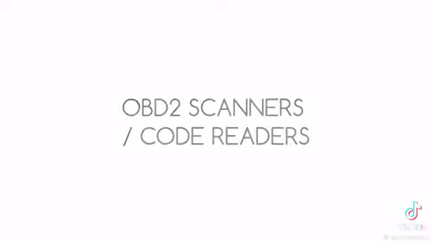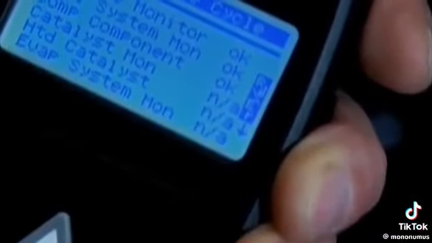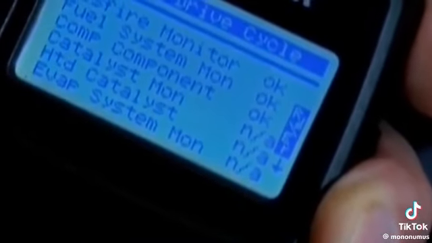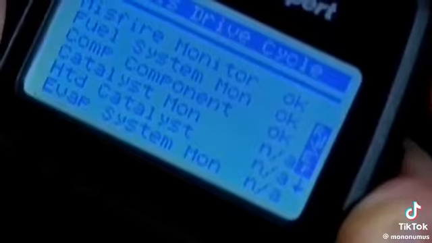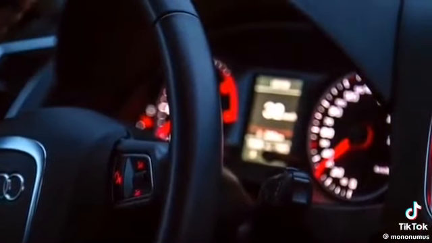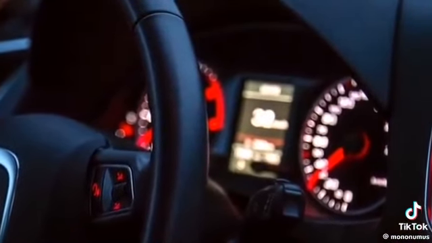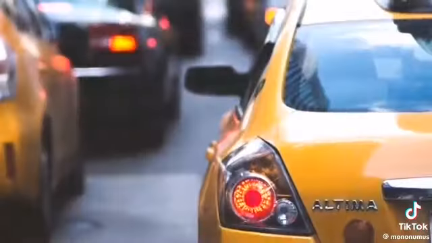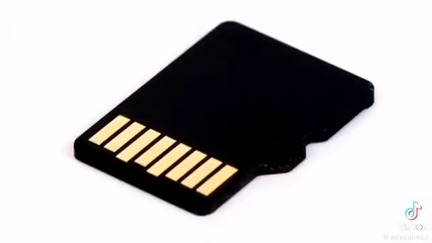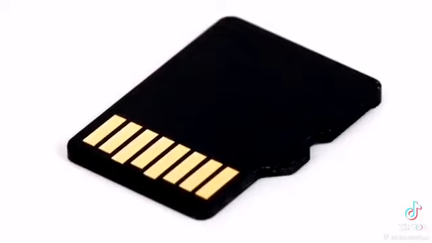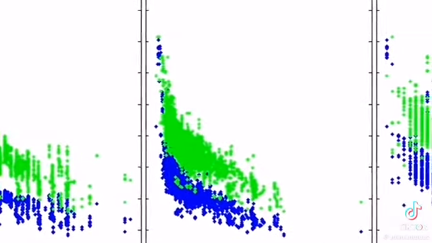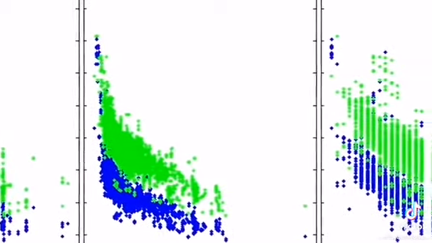Used mainly in static reading or clearing of diagnostic trouble codes. They are, for example, used by mechanics to look up the underlying issue behind a malfunction indicator lamp, MIL. OBD2 scanners vary by the degree of code coverage and features. OBD2 data loggers. Used to log OBD2 data from a car over time onto, for example, an SD card. This can be helpful for post-analysis and to, for example, analyze patterns, correlations, etc. Further, for diagnostic or